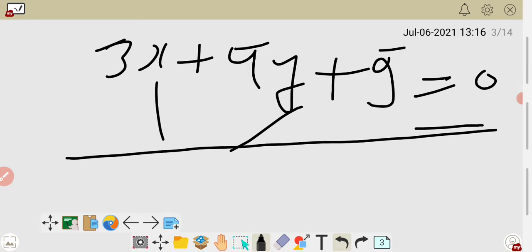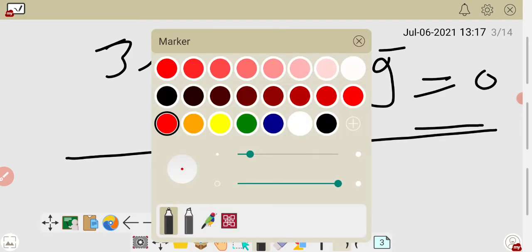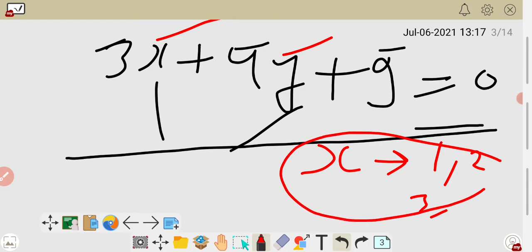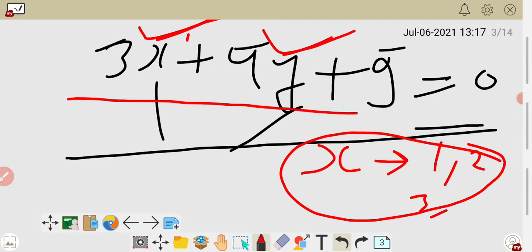Now in this equation you see that there are only two variables, one is x and one is y. Variables means their value can be different. If you find the value of x in some question, for one question it may be 1, for another it may be 2, for another it may be 3. So the value of x may be different, so it is known as a variable. Here x is one variable and y is the second variable, and the highest degree is 1, so it is known as a linear equation in two variables.